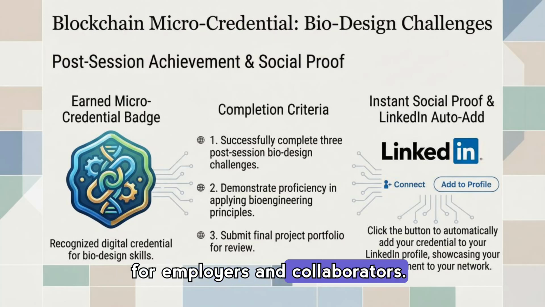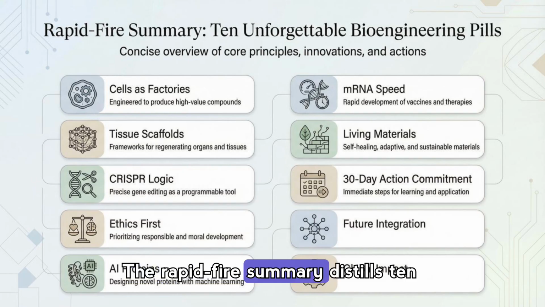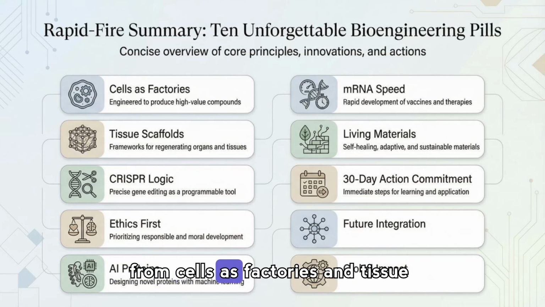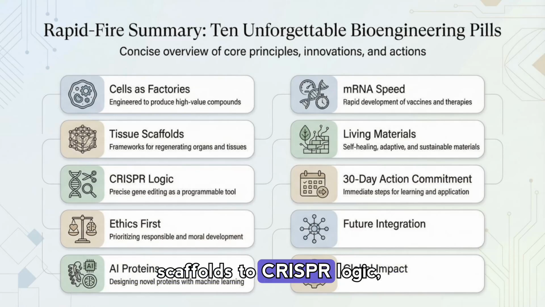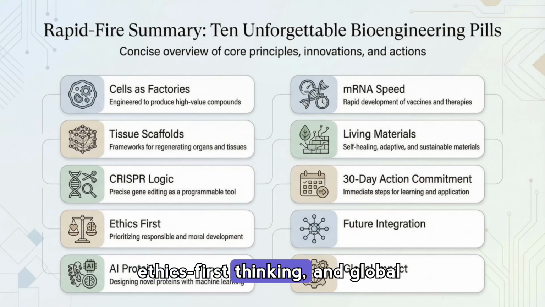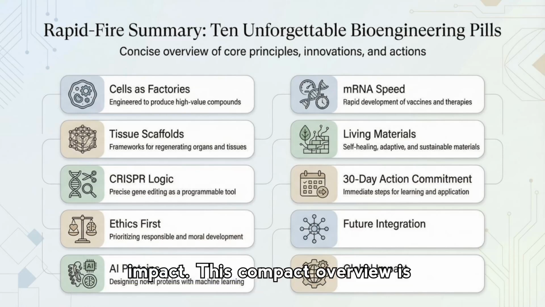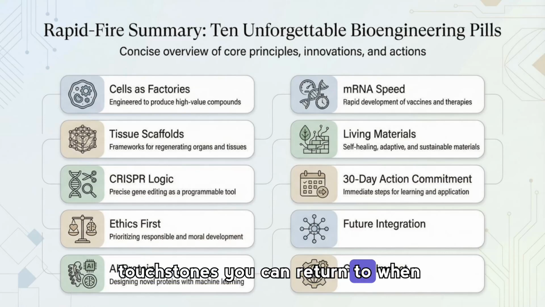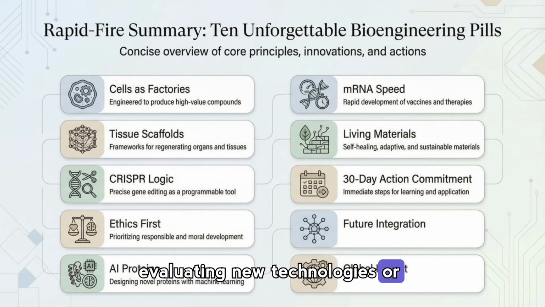for employers and collaborators. The rapid-fire summary distills 10 unforgettable bioengineering pillars, from cells as factories and tissue scaffolds to CRISPR logic, ethics-first thinking, and global impact. This compact overview is meant to anchor the course. Keep these concepts in mind as core touchstones you can return to when evaluating new technologies or planning your next